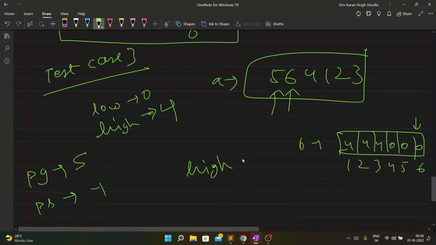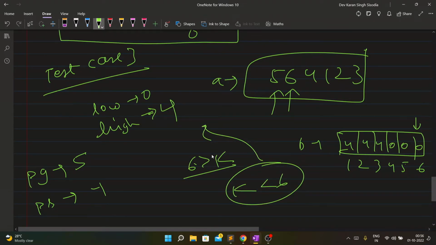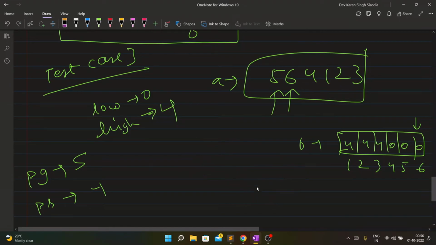What will be my condition for x? My x is 6, which should be greater than k, and turning this around, k must be less than 6, which already holds, so we don't need to update this.